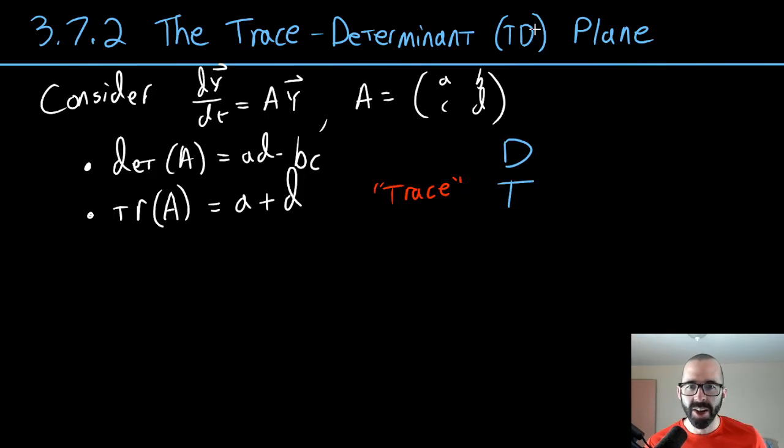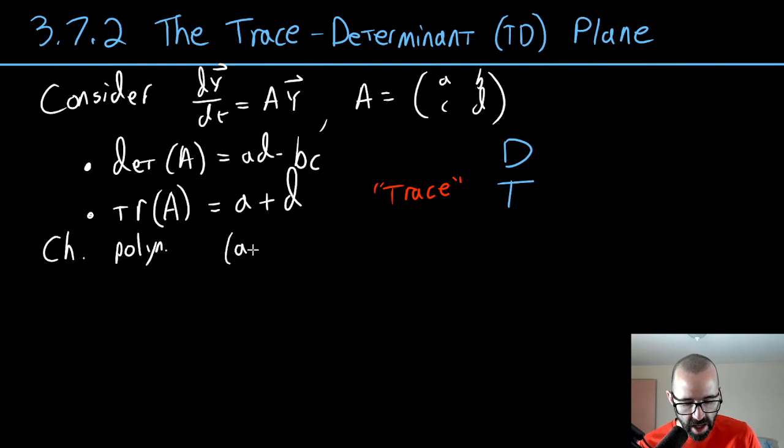Okay? Now, why do we care about the trace of a matrix? Well, there are many answers to that, all of which you can get answered in a linear algebra course. Why do you and I care about the trace and determinant? Well, I'll answer that indirectly. What do we know about eigenvalues? We can find eigenvalues. They're the roots of the characteristic polynomial. So our eigenvalues come from the characteristic polynomial,